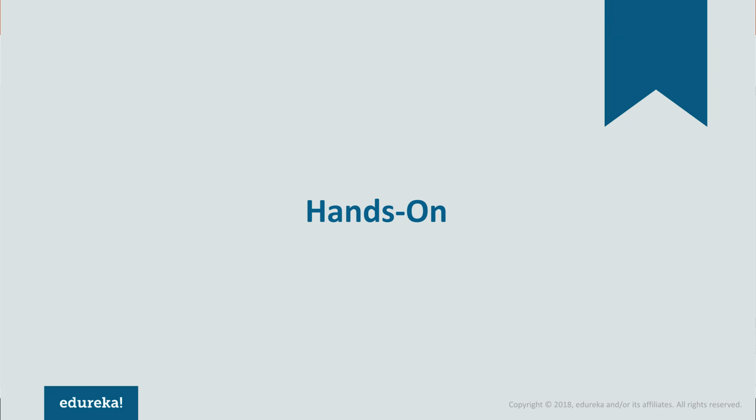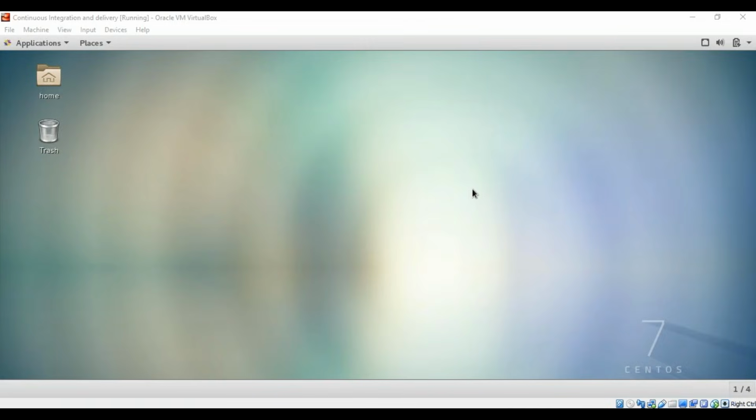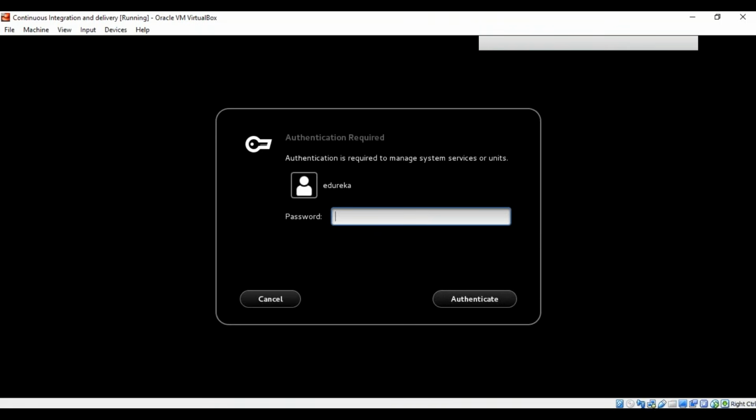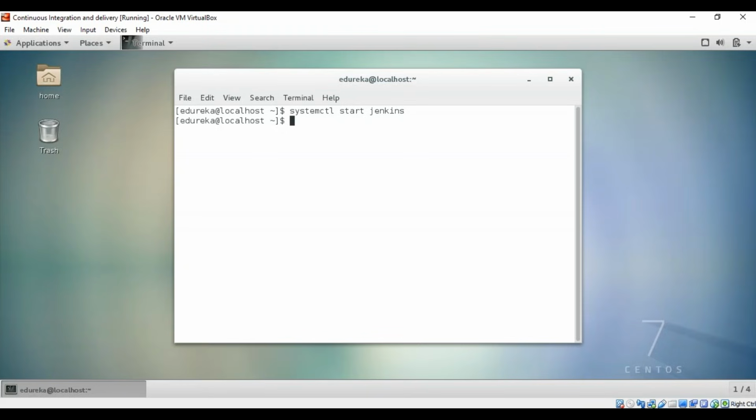Let's go to my VirtualBox. Before I start creating my pipeline, let me run the Jenkins service and Docker, right? So let me open the terminal. Let me enable the Jenkins service and the Docker service before creating the pipeline. So let me type in the command. For that, I'll type in systemctl start jenkins. It will ask me for authentication, so I'll type in my password and then I'll type in